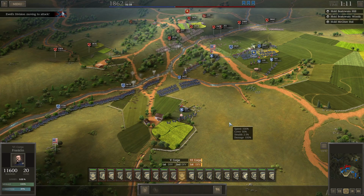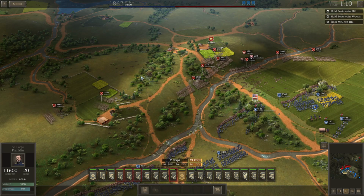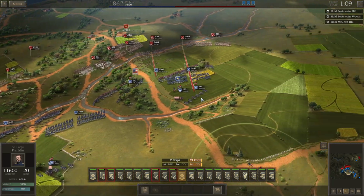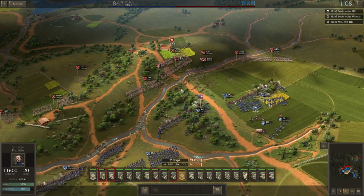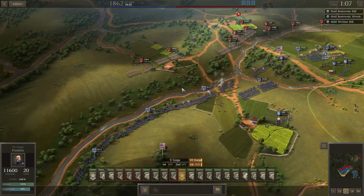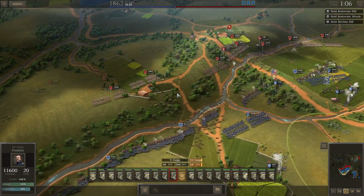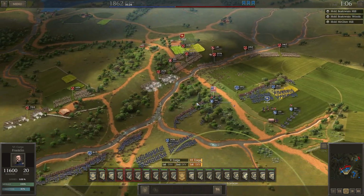So we've just gotten the notification there in the top left that Ewell's division is moving to attack, and we saw Seymour advancing. That is Isaac Seymour, and he's commanding the Louisiana Tigers, which is a brigade of Louisiana regiments, and that includes the 6th Louisiana Tigers. Now, they're often referred to as the Irish Brigade, the Confederate Irish Brigade. They're one of a number of units referred to as the Confederate Irish Brigade. They do have a number of very heavily Irish